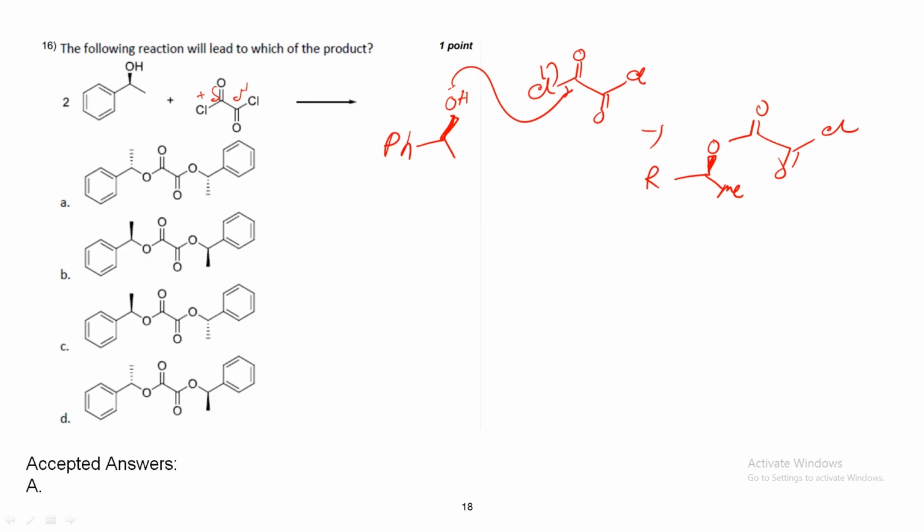If you want to make this wedge in the plane, just do a 180 rotation, and it would end up with this particular system. Now after the second attack,